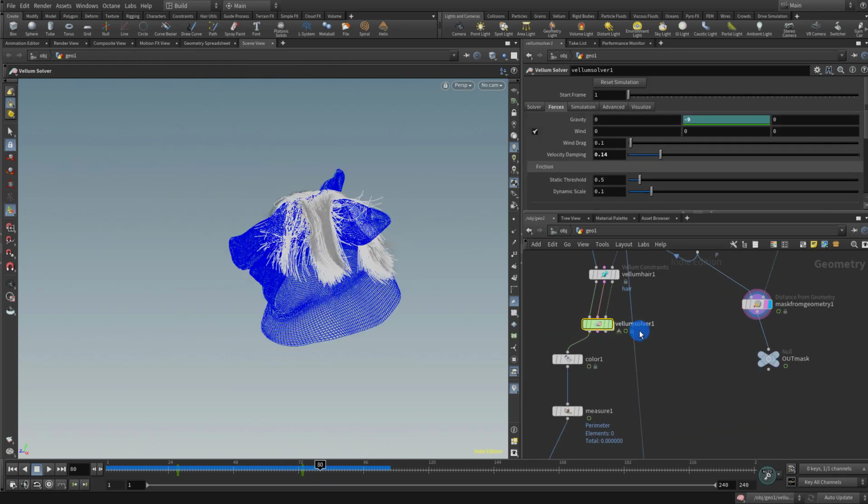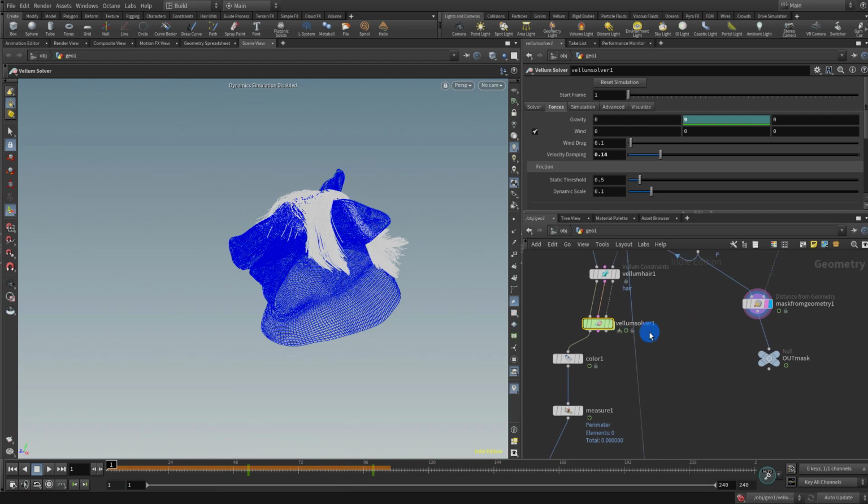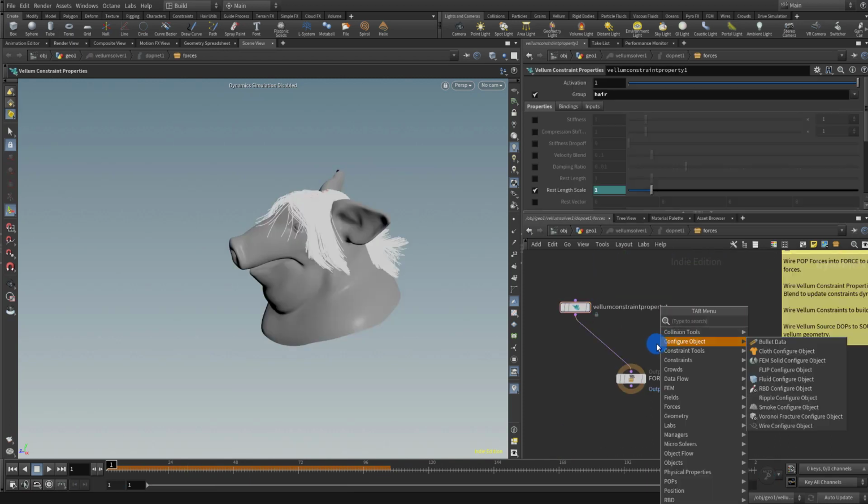Yeah, and just come into the Vellum solver and I'm going to push the gravity sort of like, going in till there. Because it has to shrink. Okay, and then when it's growing up is when the gravity should start coming in. So maybe at around, Okay, so what we do is come in here and I'll create a new